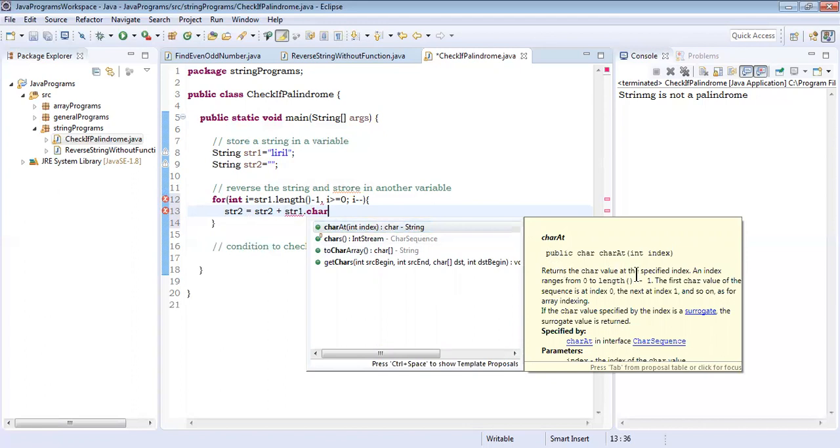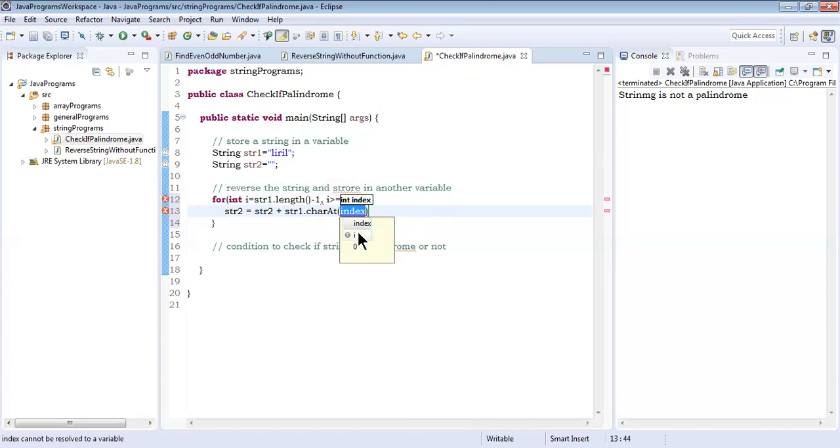It returns the character value at the specified index. So we will use this, and the variable is i. As soon as this traverses, it will read from L, then I, then R, then I, then L. And once it is done,